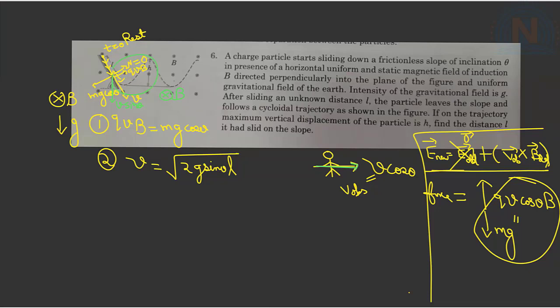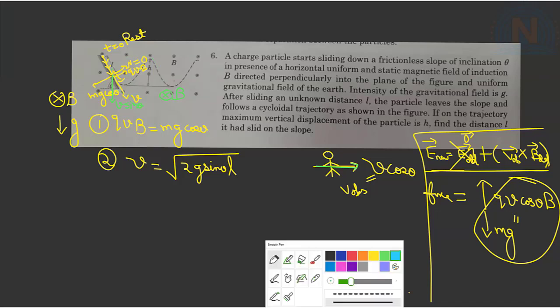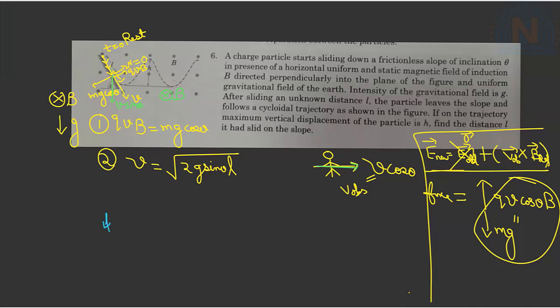Just make it again. It cannot go below this point. You're going to draw this again. It's like a circle, and the lowest point and the highest point of the circle will match up with the lowest and the highest here. Yeah. So once he starts moving from that point, it will have a uniform